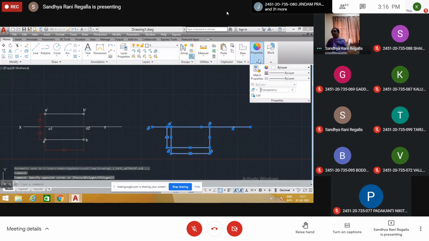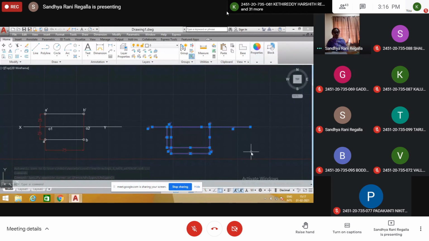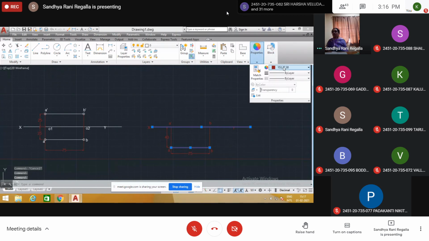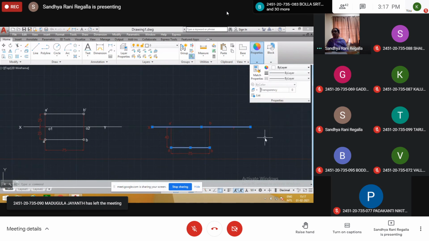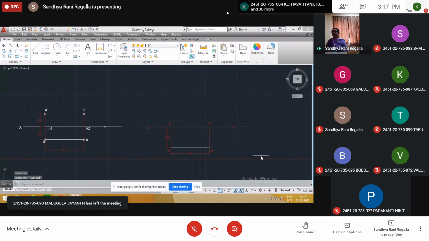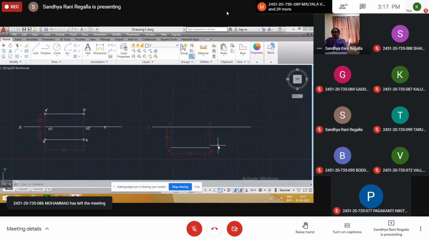Keep all in one color. Only two. Show the variation between main diagram and front view and top view. We will give this way. AB top view, A dash B dash is front view. Right?